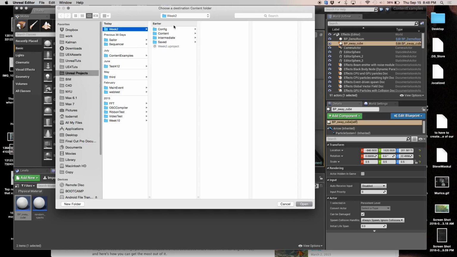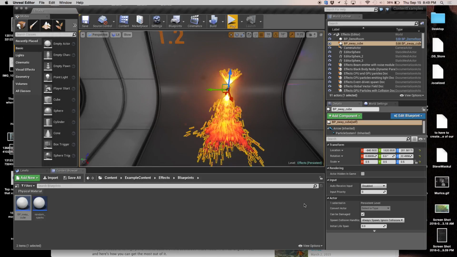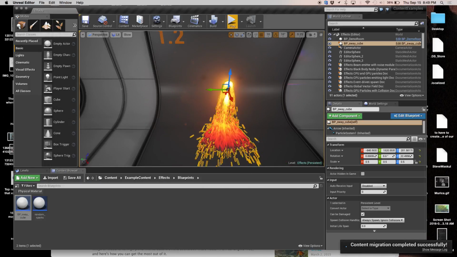So what it's asked me to do at the very top is choose the content folder. I've showed you that week 2 is right here, and I told you it has a bunch of folders. The other folders besides content have some things that are not really human readable that we're not going to worry about. Content is where all the things go. The content browser inside my level will reflect all the folder structure of the content browser here on the Explorer or Finder. So it says choose the destination content folder. I've chosen that, and I just hit open. And it said, hey, everything did it successfully.